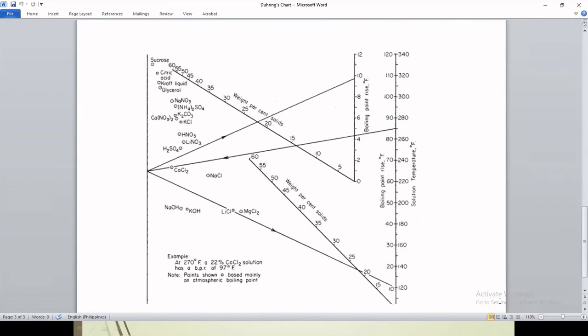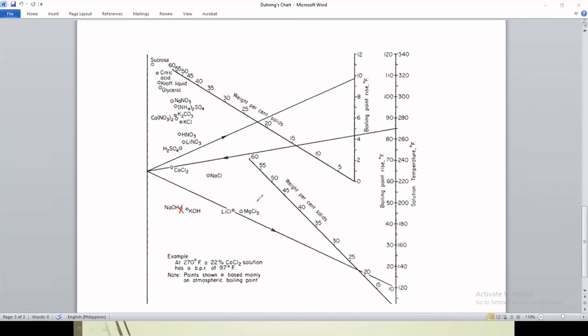Okay, so you need here the solution temperature. You see the solution temperature here in degrees Fahrenheit. So this is where you're going to start. The solution temperature is the temperature of water if there is no solid present in it, the water in your solution. For example, we talk about sodium hydroxide. I will annotate again. This is your sodium hydroxide line in your handbook. That's your sodium hydroxide.